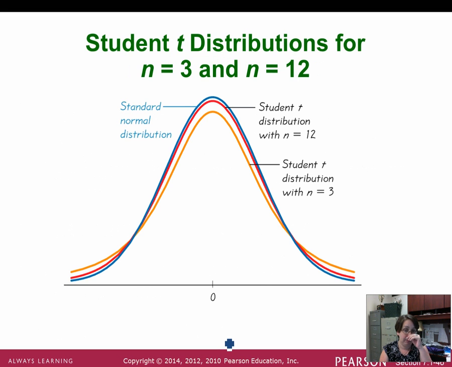Let me show you. Here's a picture of two t-distributions, and then the standard normal. The blue one is the one we usually work with, the z, the standard normal. The red and the orange are two different t-distributions. Notice though they're both symmetric bell curves. In the middle is the mean of 0. So even for t, the mean of the bell curve is still in the middle and it's still 0,